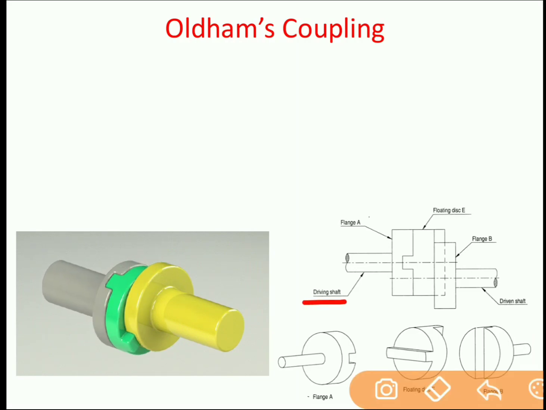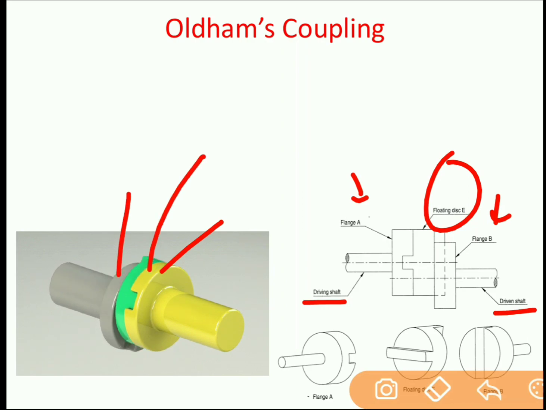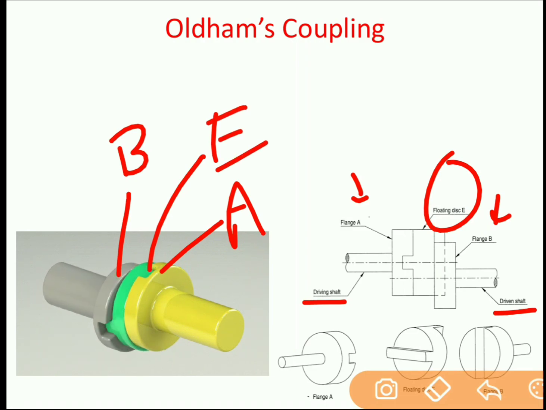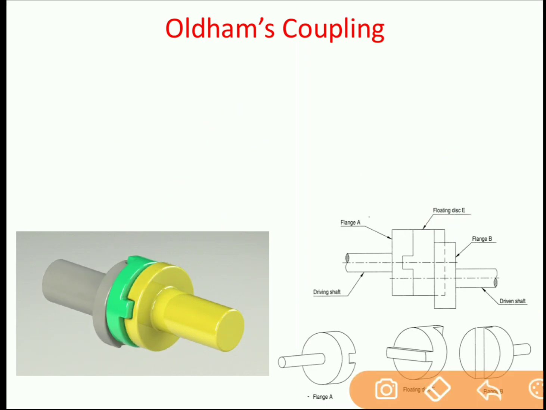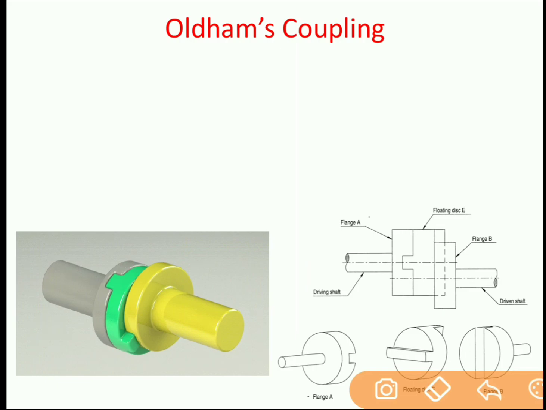It consists of driving shaft, driven shaft, flange A, flange B and the floating disc E. So this is a flange A, flange B and floating disc E. Flange A will look like this, floating disc look like this and flange B will look like this. So there is one slot in the flange A and flange B. Floating disc will fit inside this slot of flange A and flange B so as to connect two shafts A